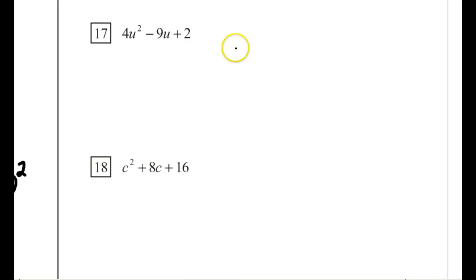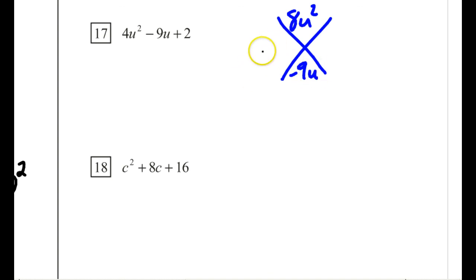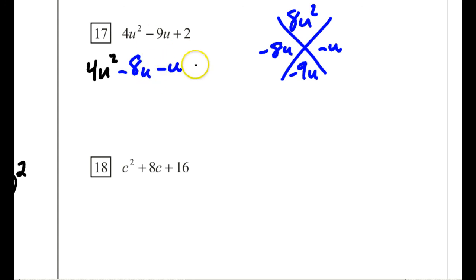Number 17. No GCF, or 9, 2. They don't have a u here. So what multiplies to 8u squared and adds to negative 9u? Right, you'll get what? Negative 8u and negative u. So 4u squared minus 8u minus u plus 2,